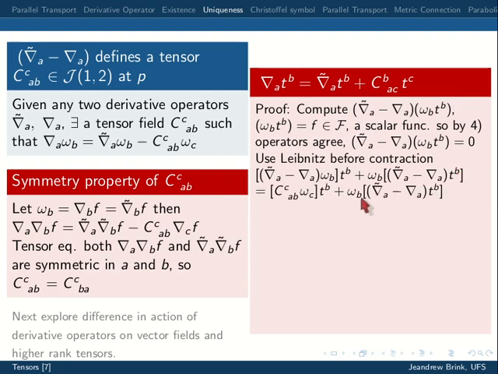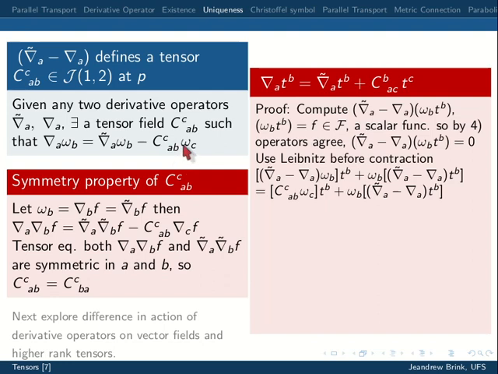And if you do that, you know what this is because of your existence proof over there. So you can simply write down what this difference in operators applied to ω_b simply equals to